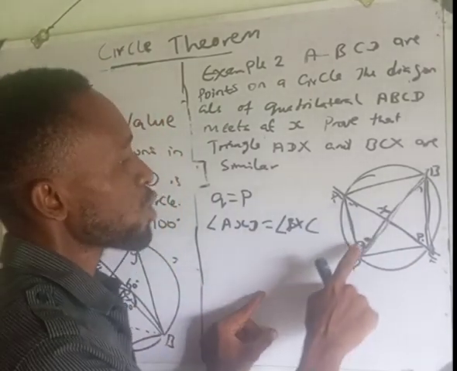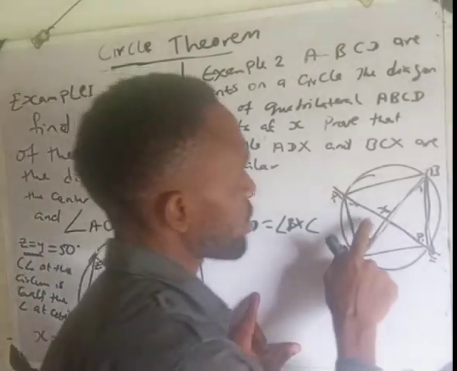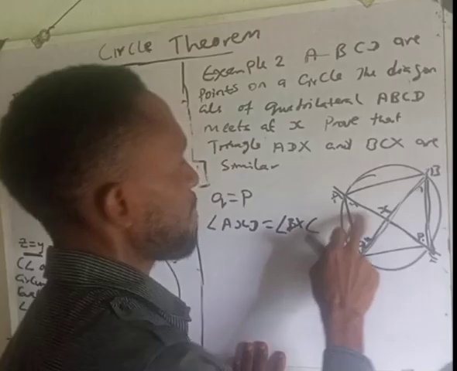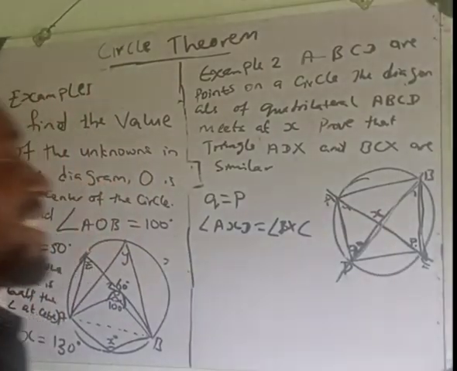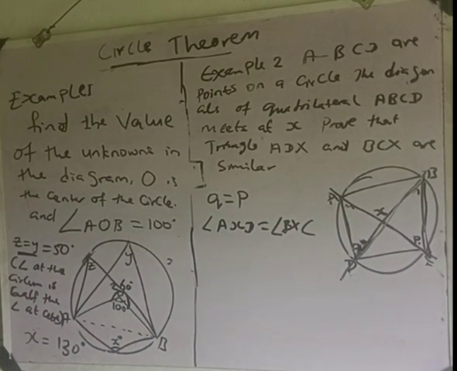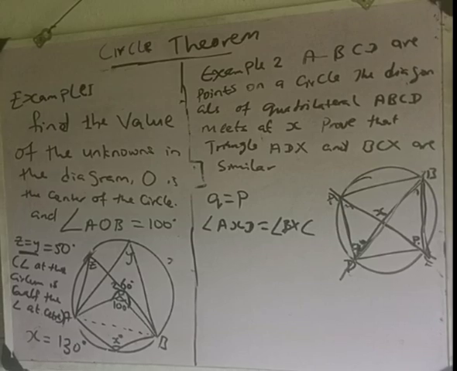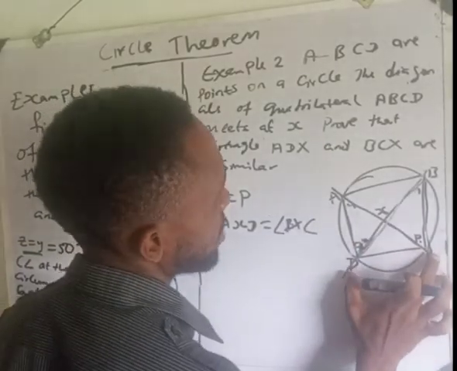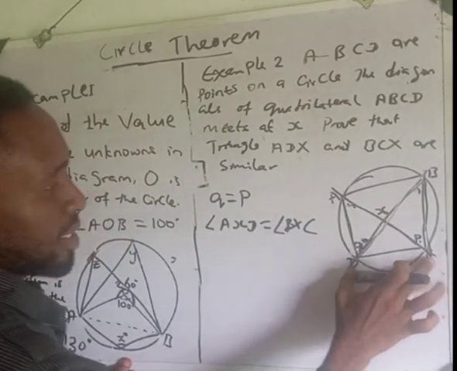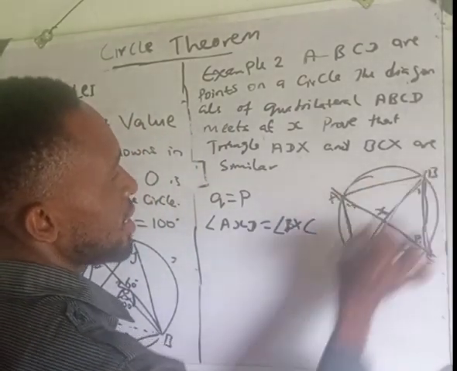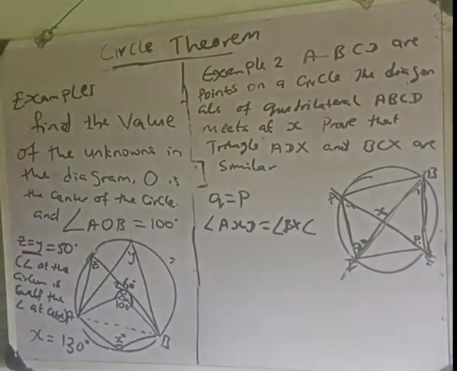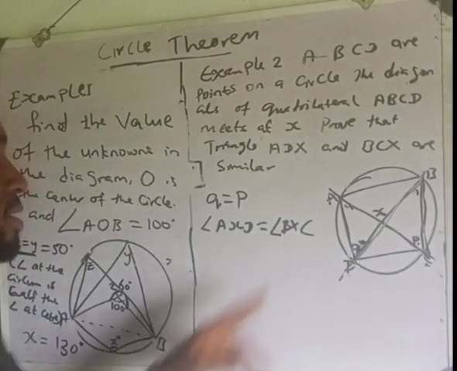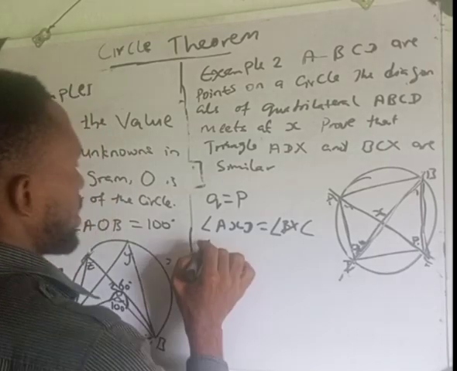So we've gotten that Q and P are equal. We have also gotten that this and this are equal. Now what we are left with is M and N. If M and N are also equal, then the two triangles have equal angles. But looking at it, you can see that M and N are equal. Why? Because the two angles M and N are sustained by what? By DC. It is the same DC that sustains this angle. So we have that M and N